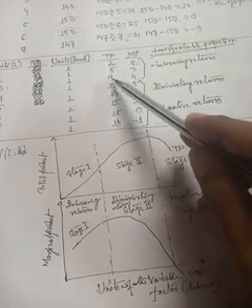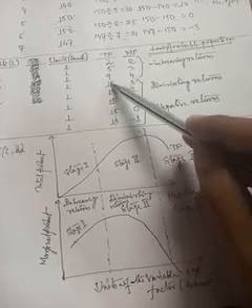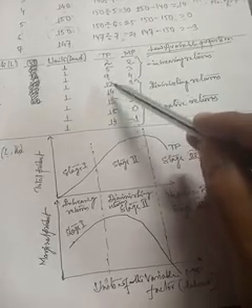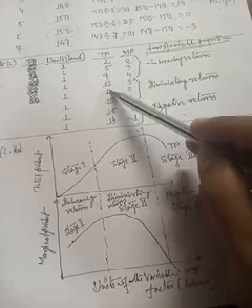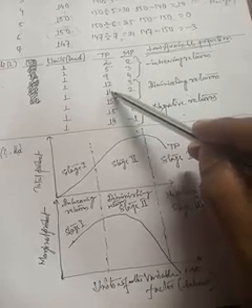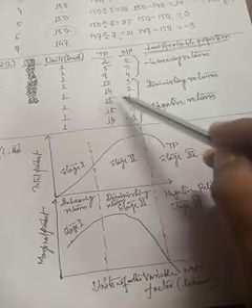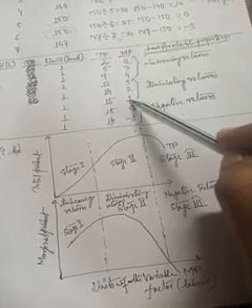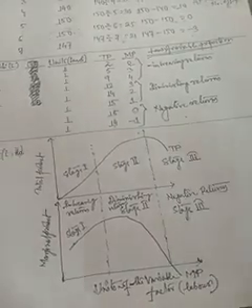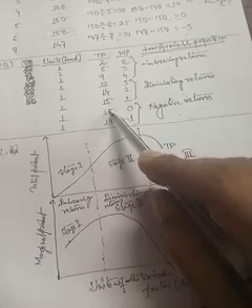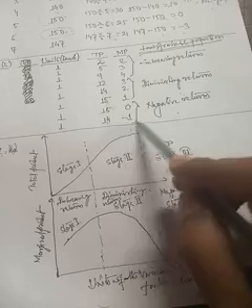In the next stage you see 9, after that it is 12. Total product increases but the rate falls, 3. Then 12 to 14, total product increases but the change is 2. So total product increases but the rate diminishes. After that 14 to 15, total product increases but the rate falls, it is 1. That is why this stage is called diminishing returns. After that 15 to 15 change is 0, and next 15 to 14 total product falls, that means it is negative. So this stage is called negative returns.